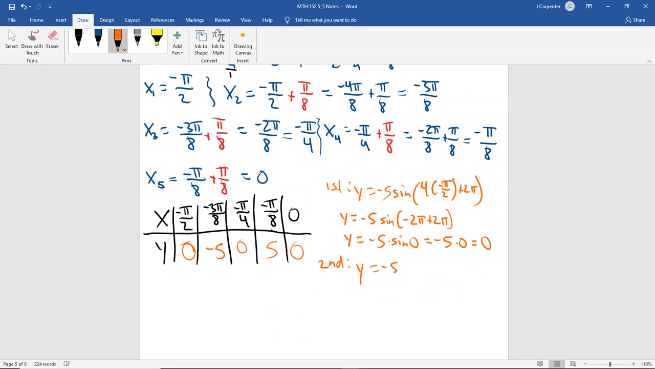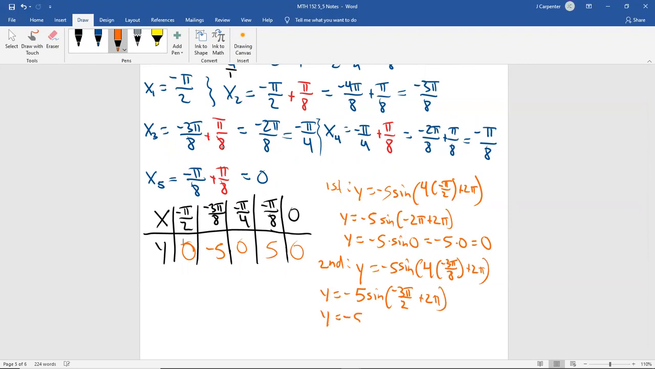So y equals negative 5 times the sine. Sorry for the 5 and the s looking the same. Hopefully you get it right in your notes. And then 4 times, now we're plugging in negative 3 pi over 8, then plus the 2 pi. That's y equals negative 5 times the sine of the 4 and the 8 reduced to a 2 in the bottom, so negative 3 pi over 2 plus 2 pi,